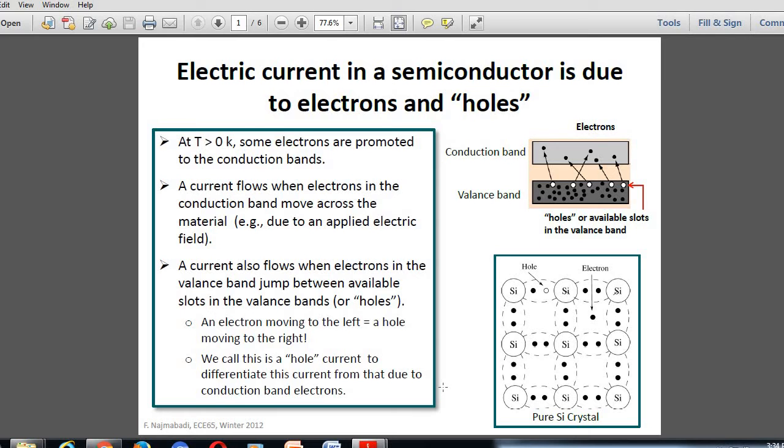Next, we come to the insulator. What is this? An insulator is a material that does not conduct electric current. In this material, valence electrons are tightly bound to the atom. In the energy band diagram, we can see that there is a huge gap between the conduction band and valence band. The valence band is full and the conduction band is empty. The energy gap between the valence band and the conduction band is large, approximately 6 eV.